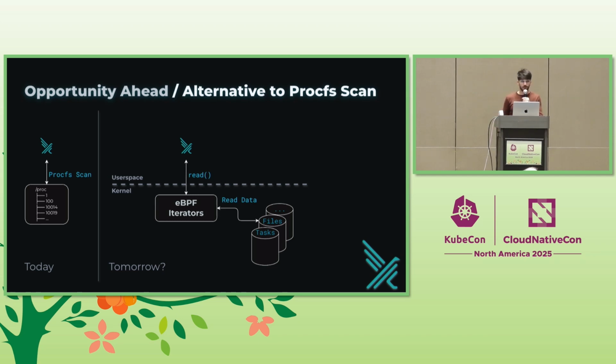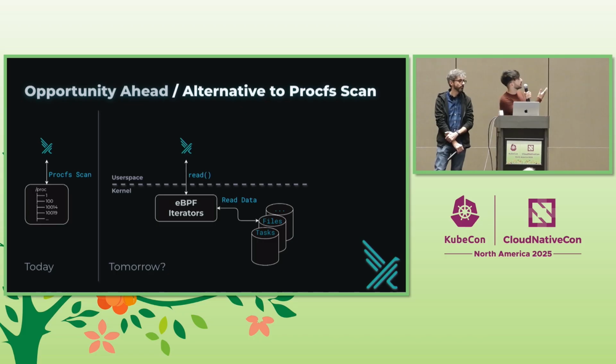We have a mechanism called the procfs scan in Falco, and this is used both at bootstrap to build the initial state and during the event loop. In some sense, this is related to the previous topic. The mechanism in the event loop is used to get some missing data to enrich the internal state that Falco maintains. procfs scan is just the procfs, the file system that is exposed by the Linux kernel.